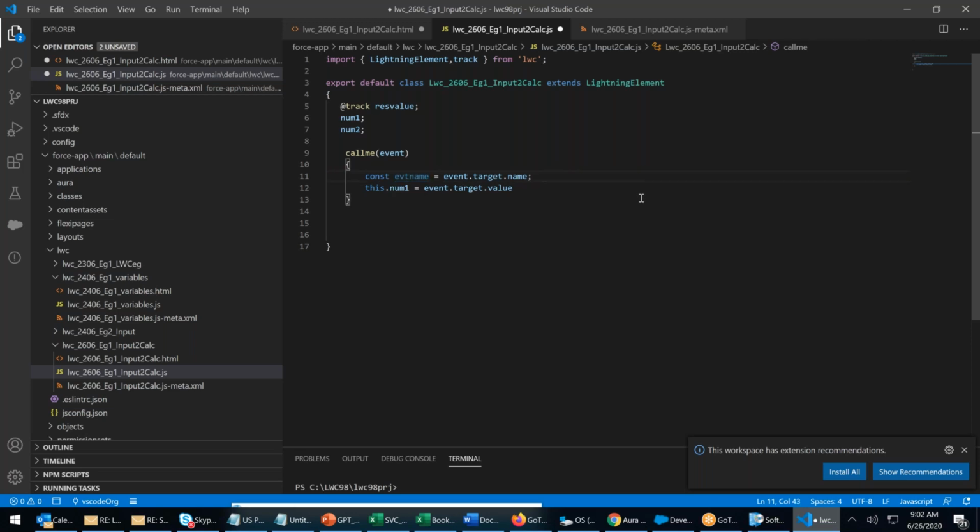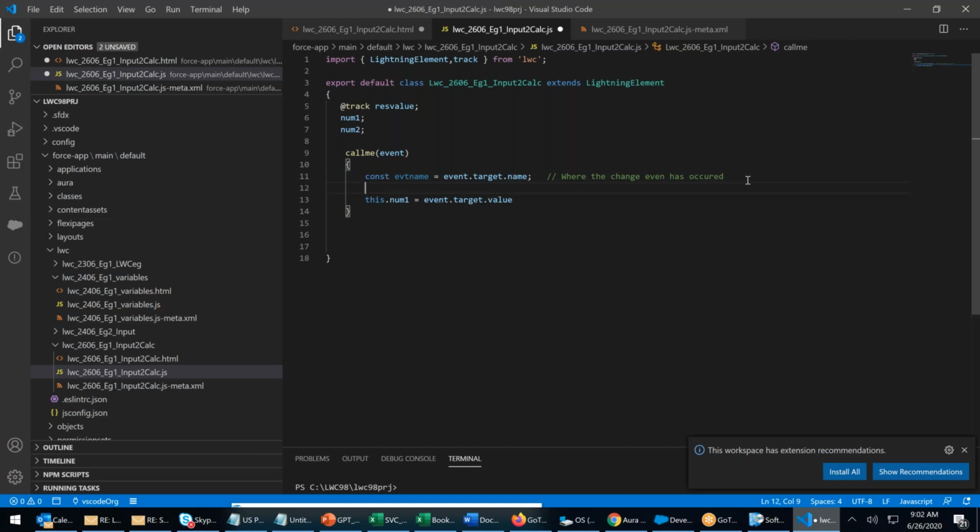Watch the spelling of constant. This will give me where the change event has occurred, whether it's eval or vval. That name will be stored here.